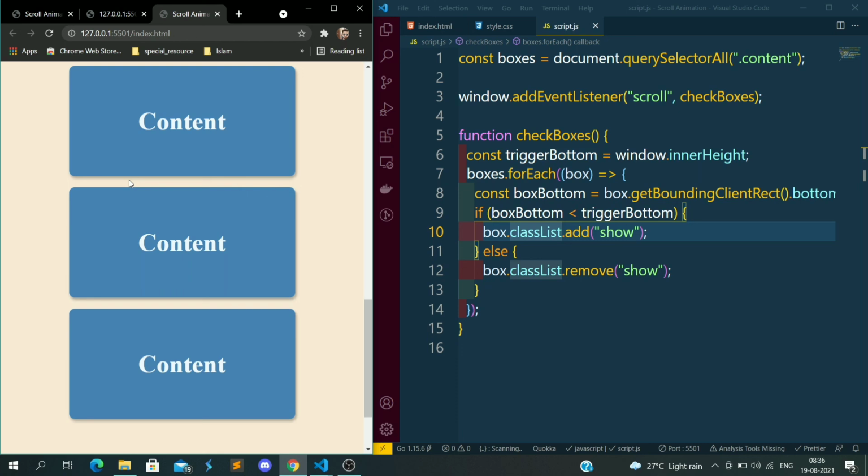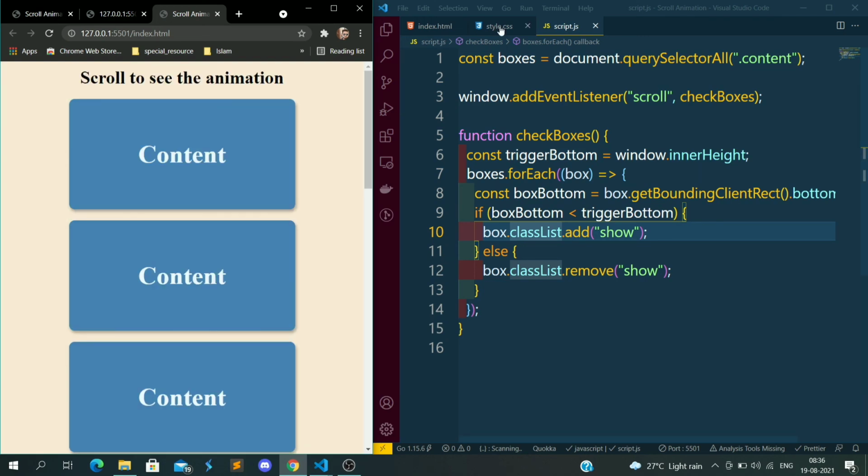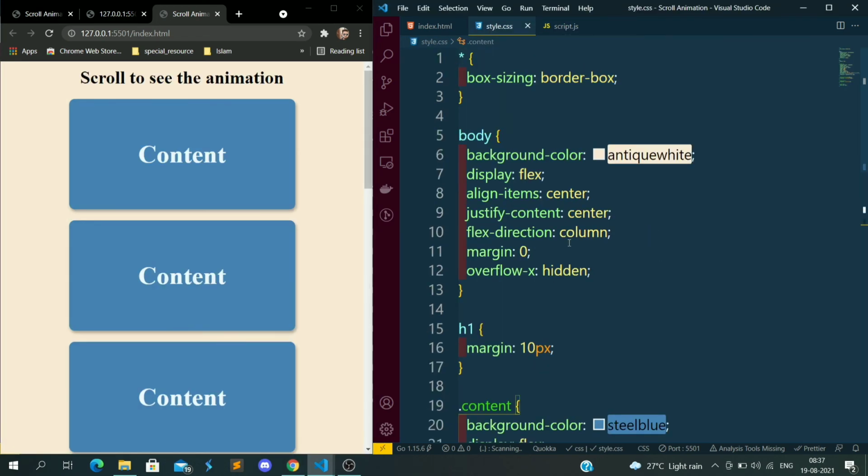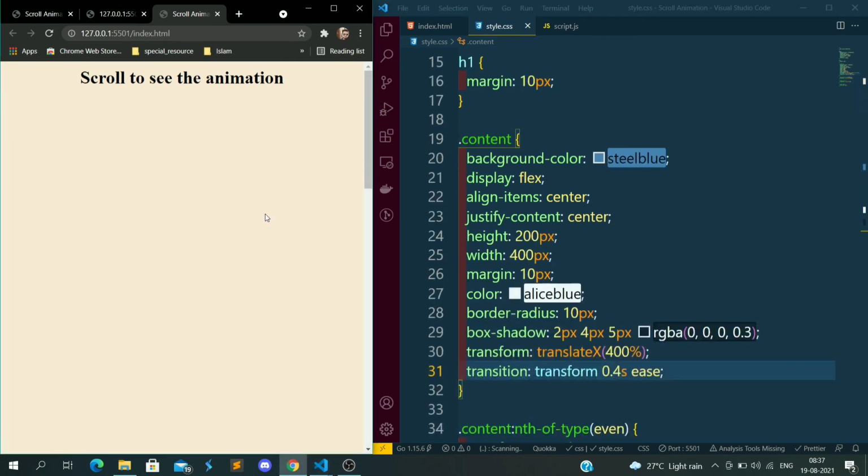So what's the problem? Why is it not showing the transition correctly? We have added a transition, but here I have to add transform, because I have to add a transition on the transform. Now if I save it and refresh it, as soon as we scroll down, the transition is still not working because I have given the spelling wrong. Now if I save it again and refresh it, as soon as we scroll down, you see the even number of cards will come from the left side and the odd number of cards will come from the right side.